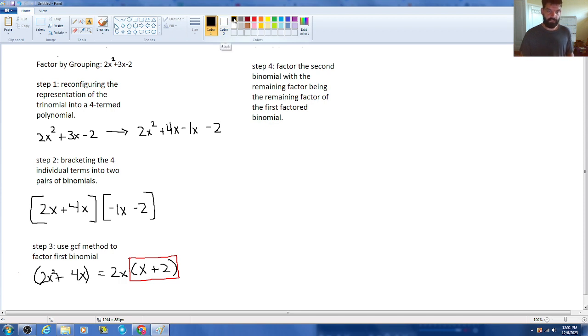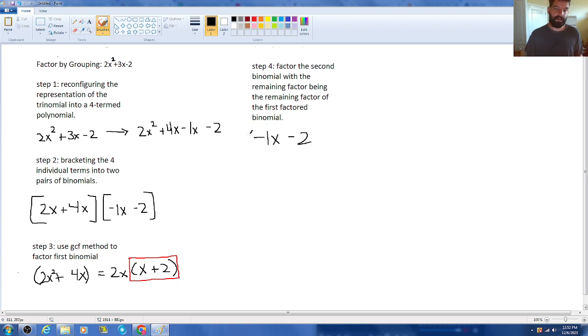Now, you're probably going to notice, if you look very carefully, that the only difference that negative 1x minus 2 and x plus 2 have is that there's a sign change on them. So what we can do here is what's called forcing a sign change. A sign change is always what happens when you divide or multiply by negative numbers or distribute negative numbers. So what I mean by that is, if we look at negative 1x minus 2,